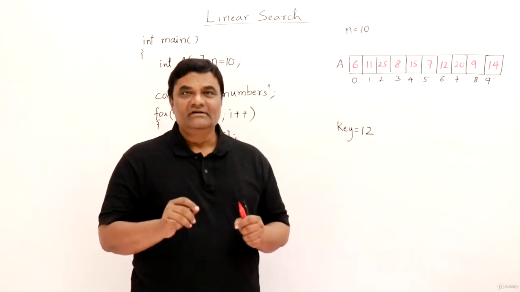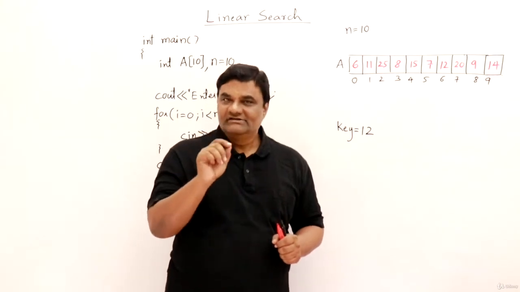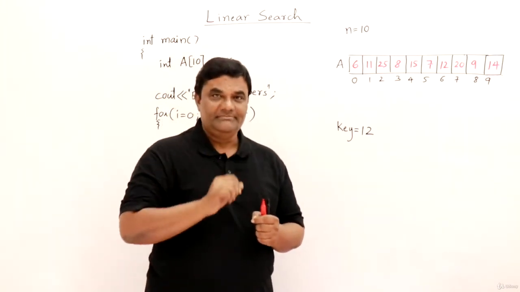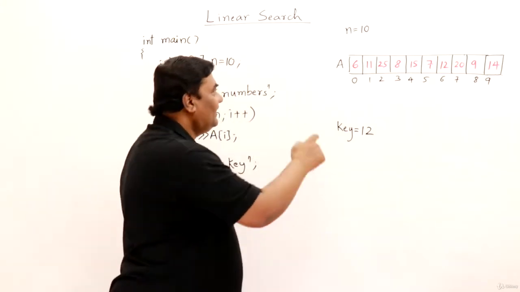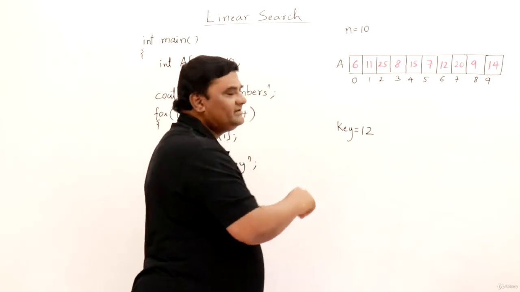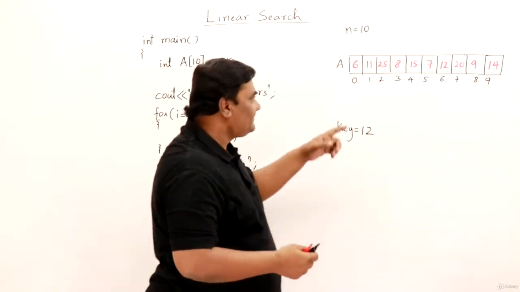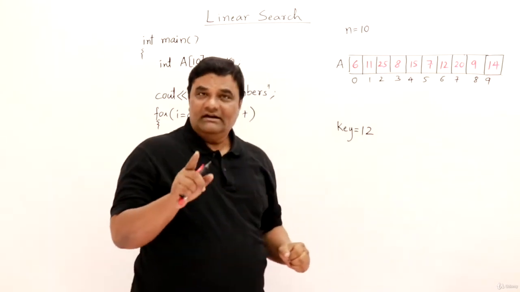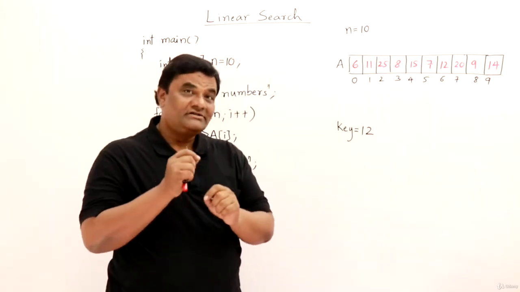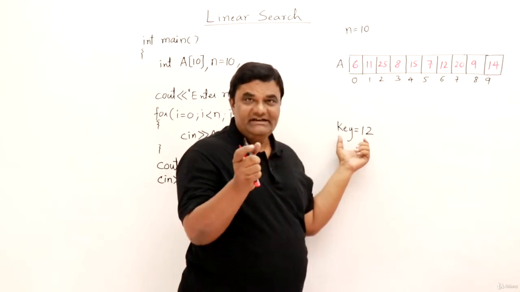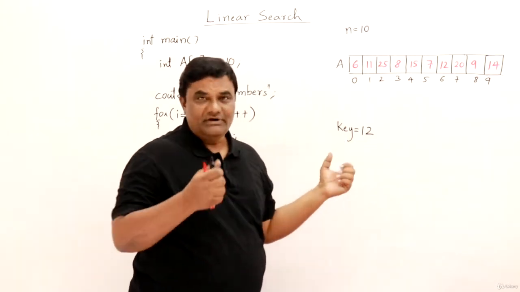The foremost thing, searching. Searching is a process of finding the location of an element. So look at here. I have a list of elements. So we know well that list of elements are stored in an array. Yes, they are stored in an array. Array is of size 10 and n is 10 here. And in this, I want to search for an element. So searching element is usually called as a key. We say we are searching for this key, 12.